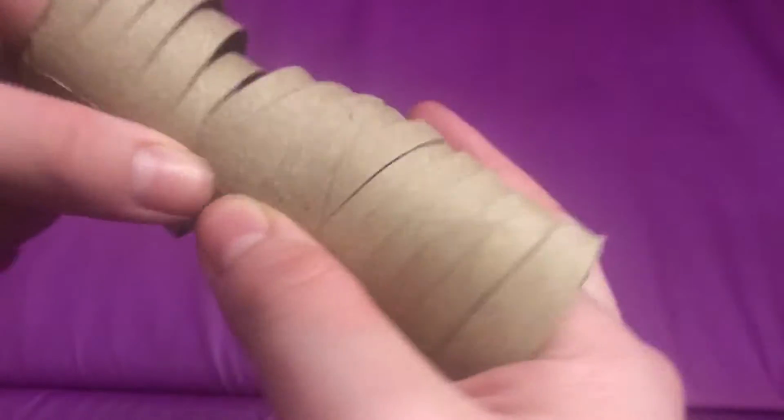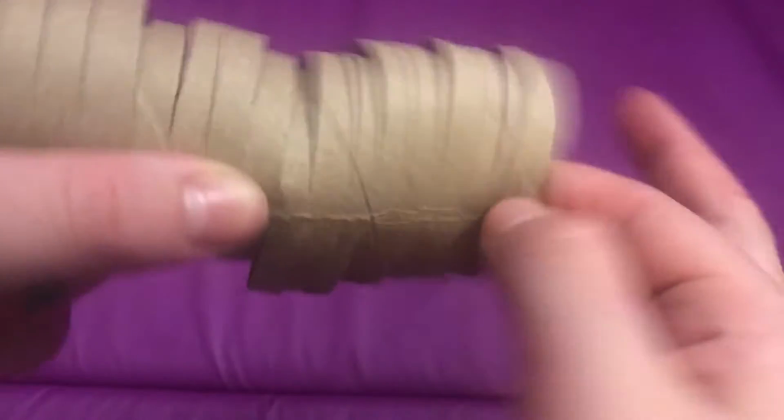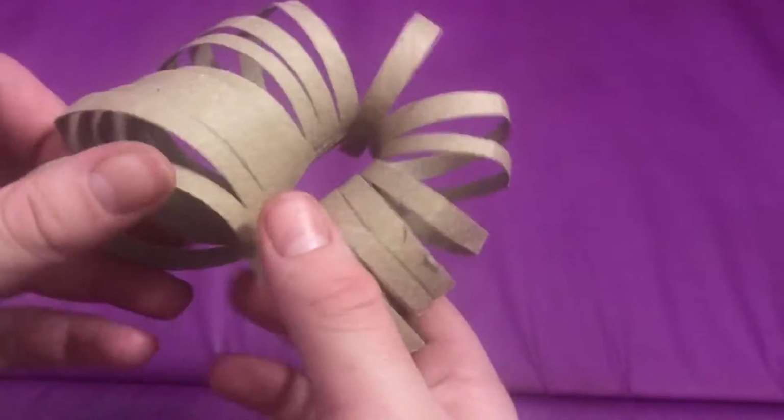But then what I like to do is go on each one and bend it like that, just so they're all flexible. And then you just want to